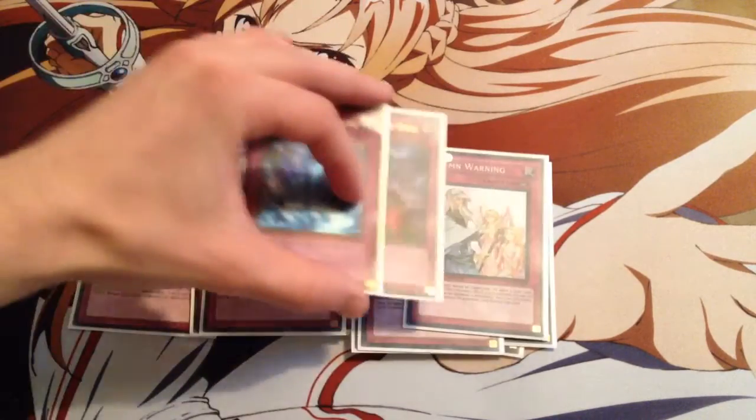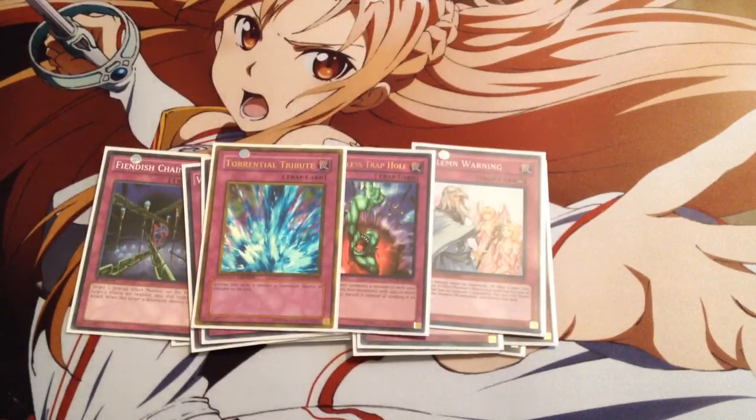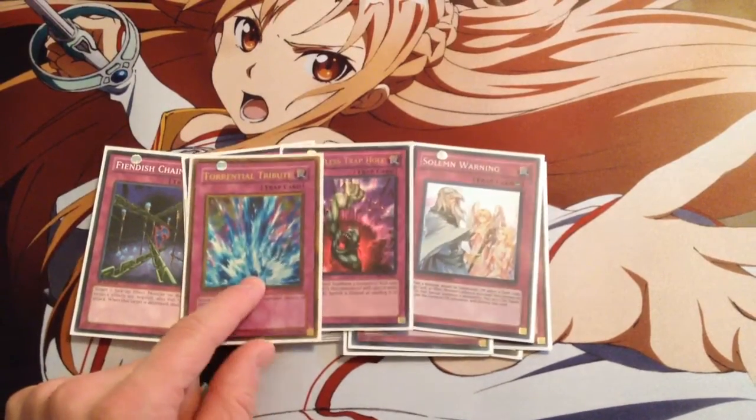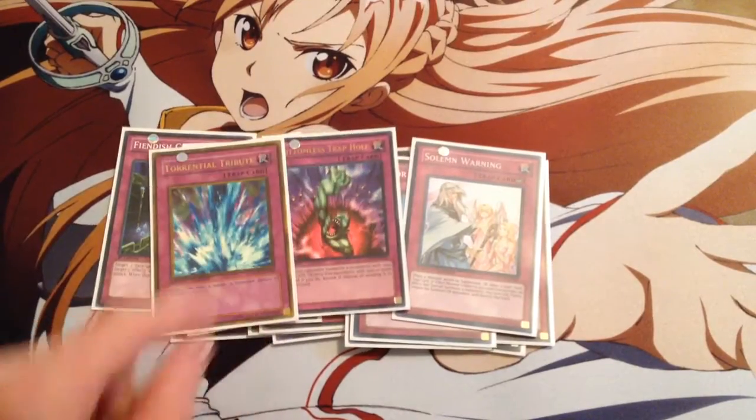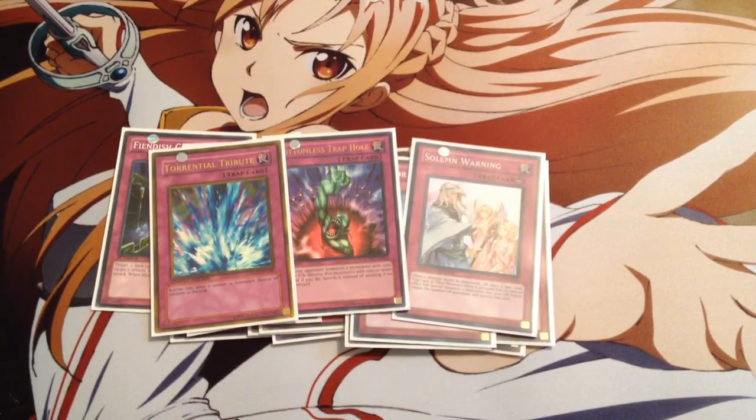The last 3 traps are playing Solemn Warning, Bottomless Trap Hole, and Torrential Tribute. Torrential Tribute, I think it's okay. Sometimes I'm not even afraid to Torrential my board if I just have a Trishula or something just hanging out that I haven't made into a diamond, because...